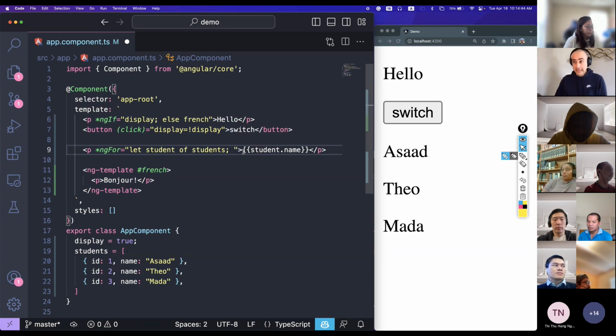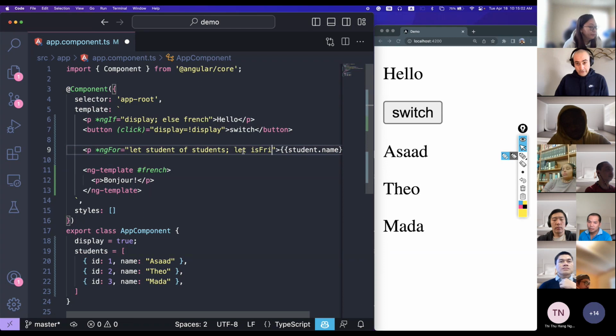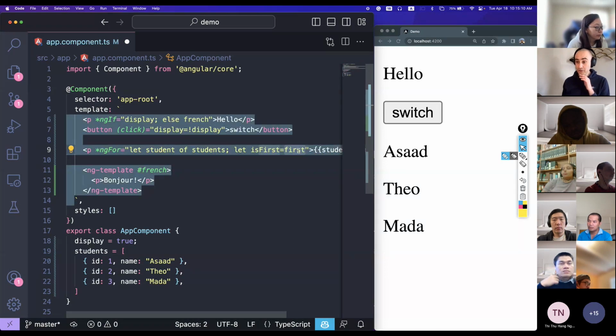What I can do is, hey, create something and say let isFirst equal first. So there's a predefined variable called first, which is only going to be true